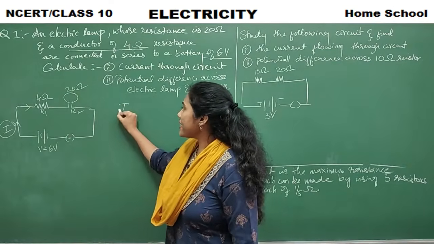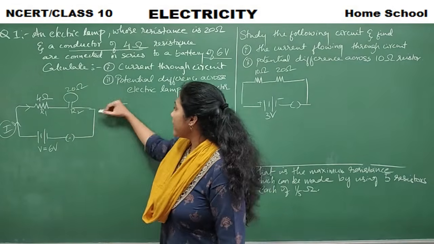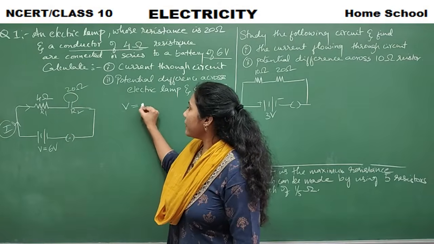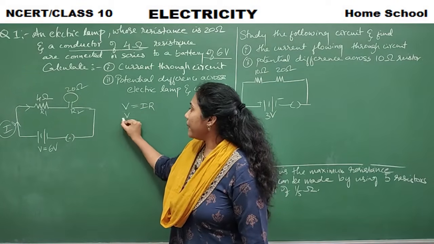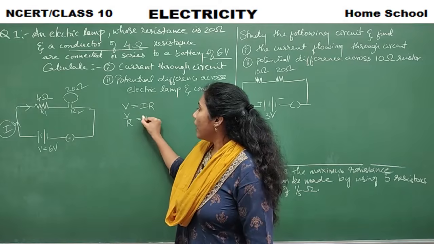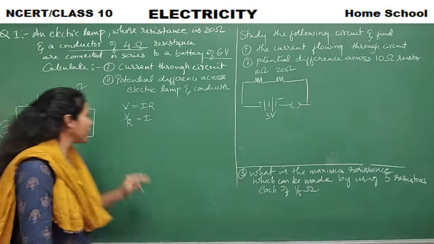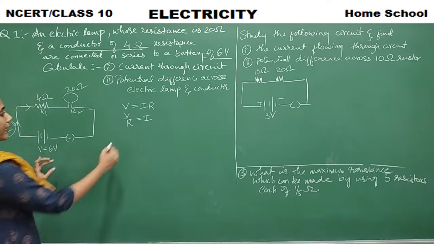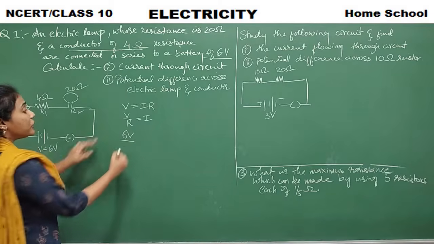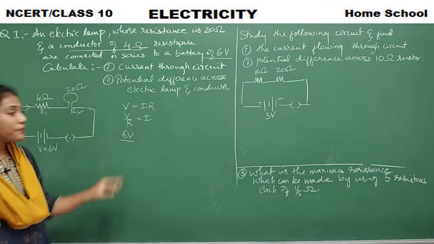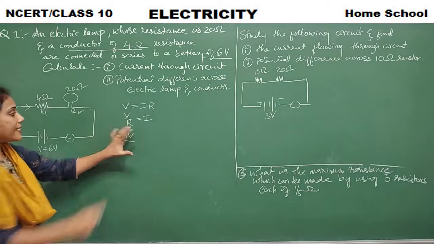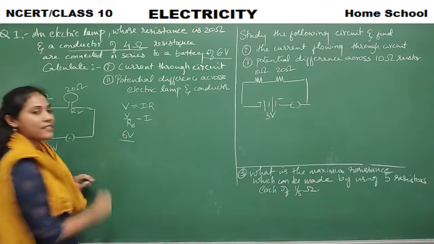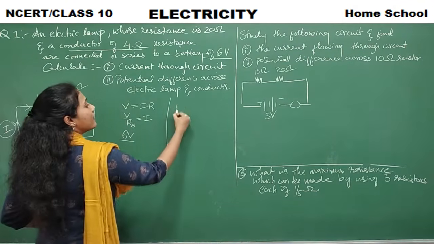Ohm's law. So what is I? What is the main Ohm's law? V is equal to IR, right? So they are asking I. So V by R is equal to I. So what is the voltage here? Total voltage is 6 volts. But how much is the total resistance? Here, when you are finding total current, you want total resistance, right? That means RS. So what is RS?